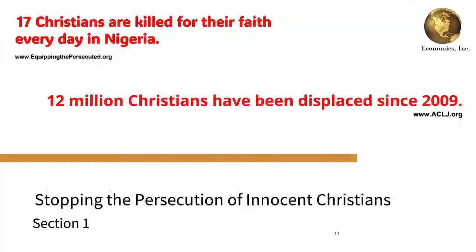All right, we are very concerned about Nigeria. These are some of the facts that we have here in the United States. 12 million Christians have been displaced since 2009, from the ACLJ. 17 Christians are killed for their faith every day in Nigeria. This is very disturbing. And so we want to help Nigeria, and this is going to be eliminated